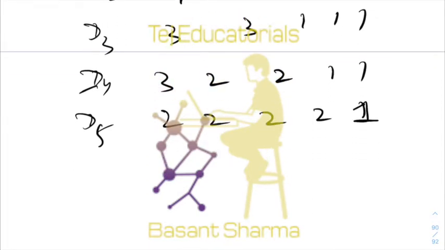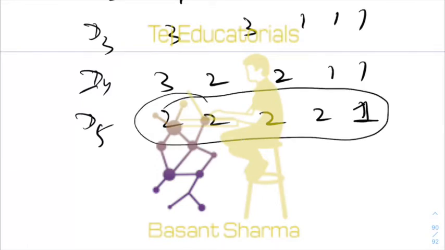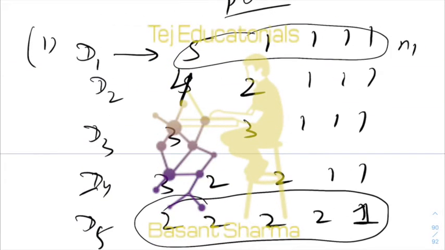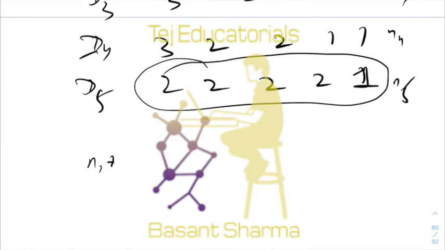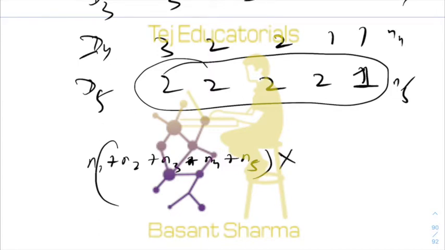Then you basically have 5 groups. After you have formed the groups, for each case suppose there are n1 number of groups, n2, n3, n4, n5. So finally you have n1 plus n2 plus n3 plus n4 plus n5 ways in which you can form 5 groups of various sizes, and then you can distribute those 5 groups amongst 5 people in 5 factorial ways. So this would be your answer.